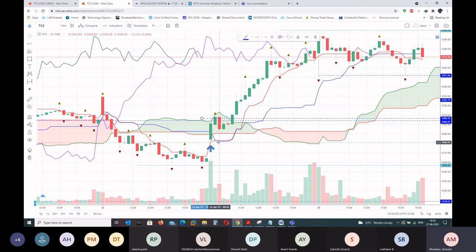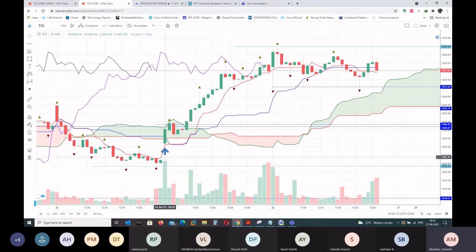Once you got triggered, stop loss as always: once your KS is taken out, you can exit, or you can keep it below the trigger candle low, that is 3280. So you have risked about 26 and a half rupees. That's the risk. You need to hold the trade. If you held till the EOD, you could have made 3370, some good profits. Or if you held till the next day, you would have exited here somewhere.